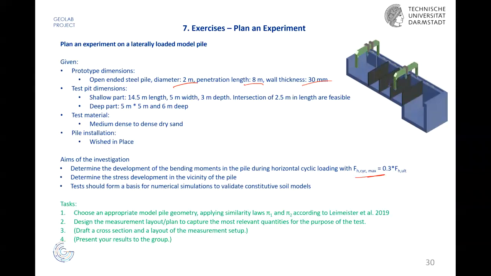And the other group, you are a big group. You please do the first one, where you have to calculate a little bit. Please choose an appropriate model pile geometry, applying the similarity laws P1 and P2 according to what I've shown you before. You could even separate yourselves, one doing P1, the other doing P2, and we look at it together. Please start with that. Let's give it 10 to 15 minutes, maximum 15 minutes. Good luck. If you have any questions,